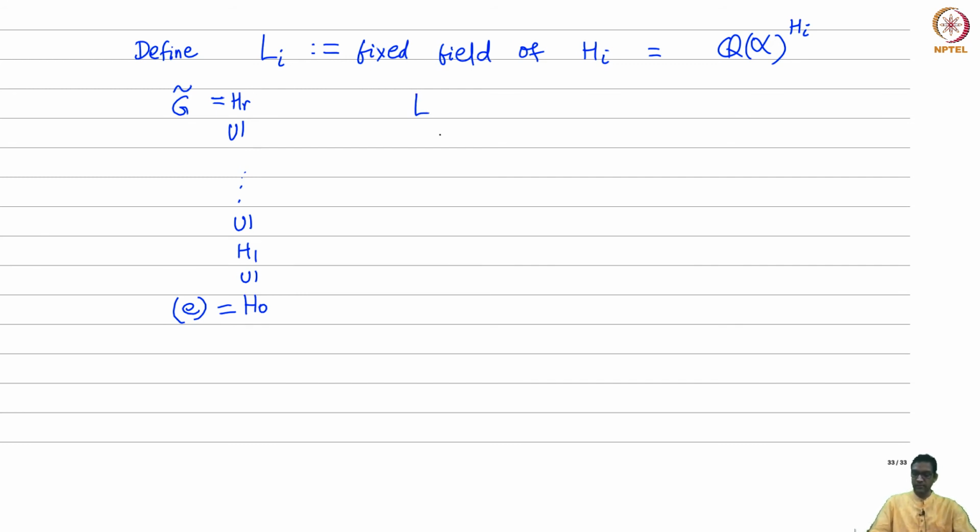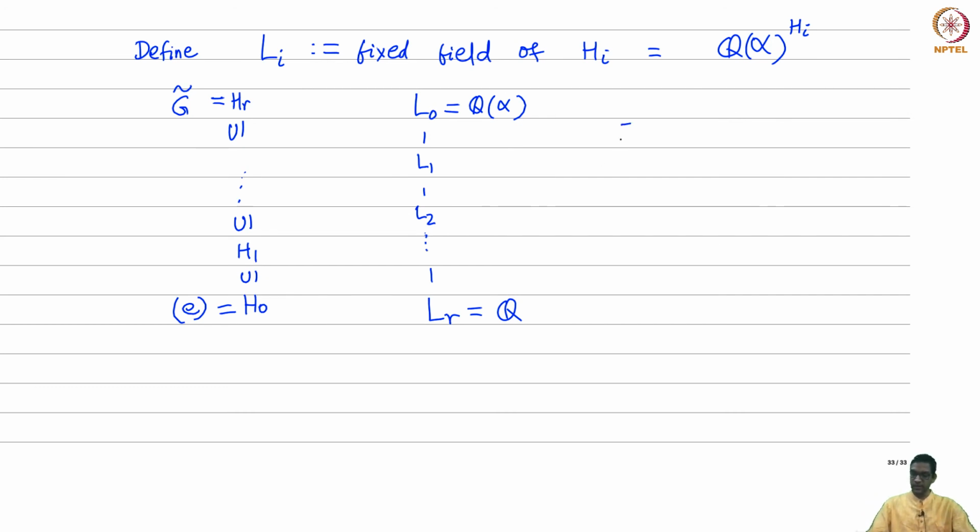So Lr, which is the fixed field of Hr, would just be Q, because Hr is the whole Galois group, and then L0 would just be the whole field, because H0 is the identity, and now these go in the other order. Okay, Lr is a subfield of and so on, down to L0. So in any case, the numbering is sort of the opposite, if you wish, but the key point here